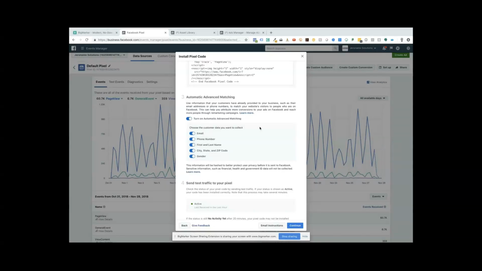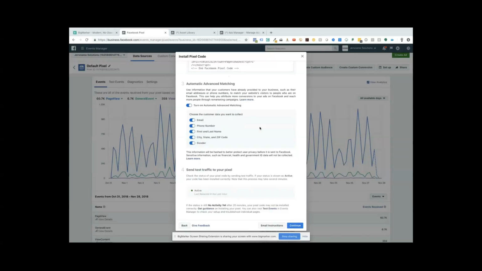So if you have someone that visited your website online, and you also have maybe someone that's come into your store and you have them in your in-store POS, if you upload those, then Facebook will be able to match them, so that way you're not distributing ads or showing ads to people that have already purchased that specific